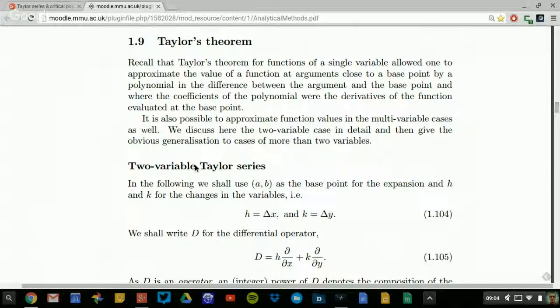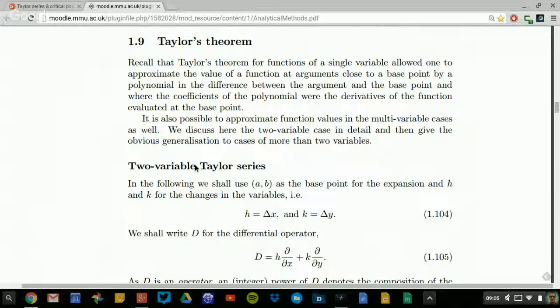We're going to be generalizing that to functions of more than one variable. So Taylor's theorem for a one-variable function f of x allowed us to write f as,